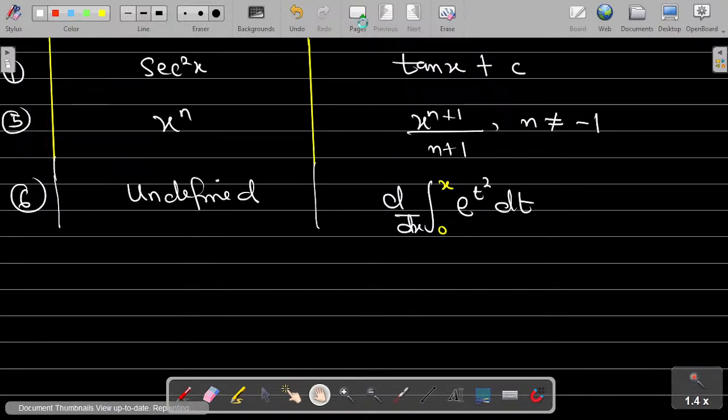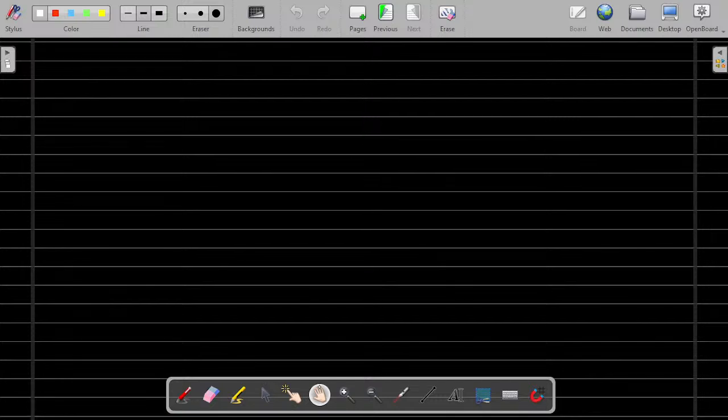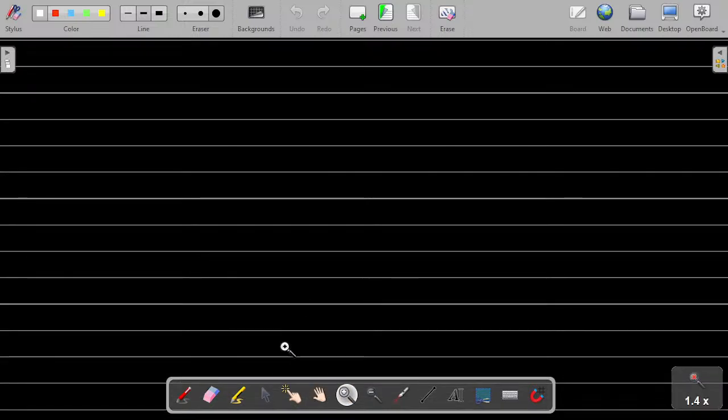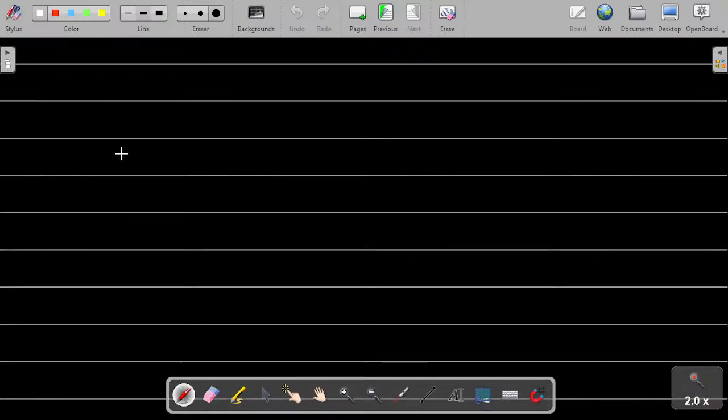Let's go to a new page now. Of course, that's the end for problem 1. The next one is that we are given the next question, which is problem 2. There we are asked to evaluate